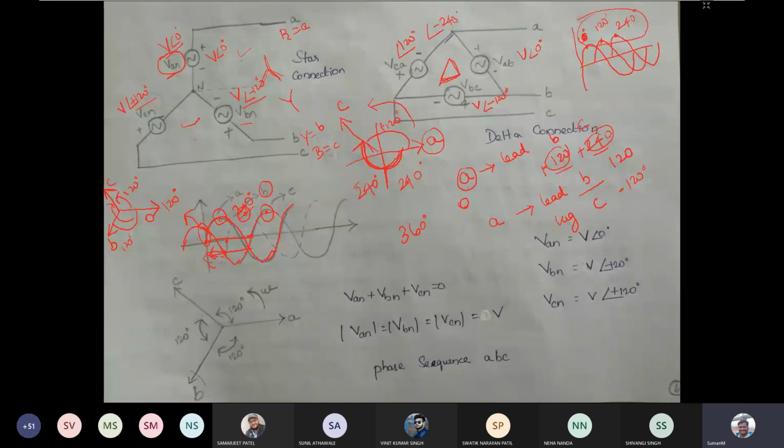Then we will be seeing what is the delta connection and what is the star connection. In star connection, what is the relation between the voltage and current, and in delta connection, what will be the relation between voltage and current. So that we will be seeing. The instantaneous voltage addition at any instant is equal to 0, similar to the current. For any balanced source voltage, the sum of voltages at all instants is equal to 0.